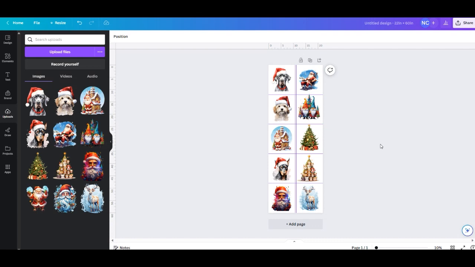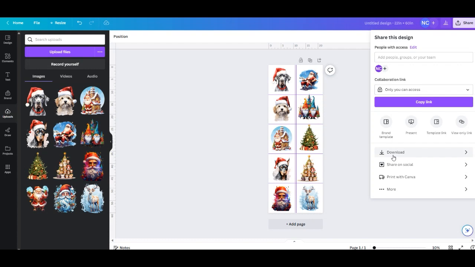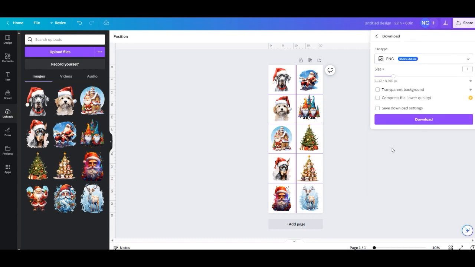It's pretty straightforward. So at this point, what you would do is when you click on the Share button, there's an option here to download. So you want to download your gang sheet. So when you choose Download,